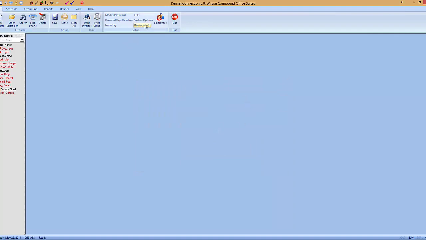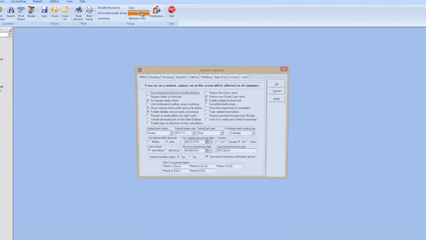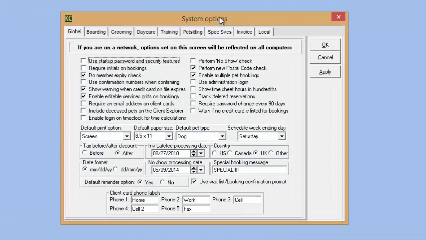Next, right above Business Info here, I have the System Options. System Options is where you're going to enter some of your settings for how the program is going to function on a regular basis. As we open up the System Options section, the first thing you're going to notice is